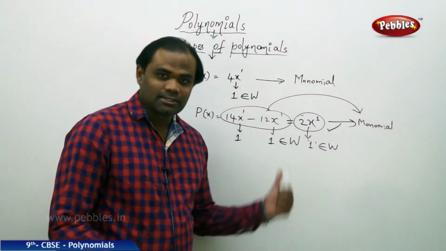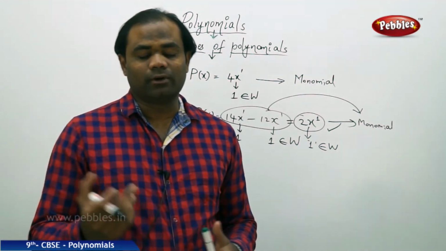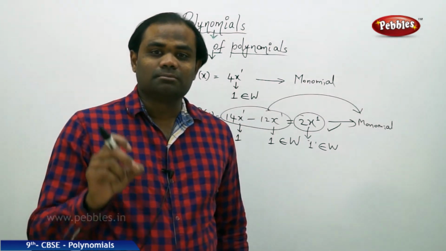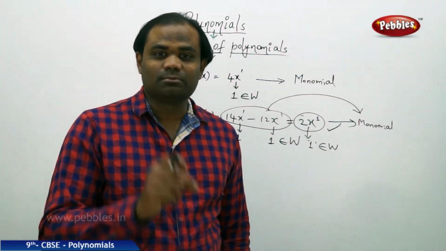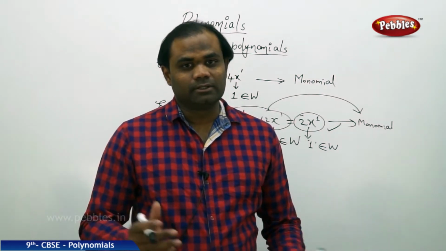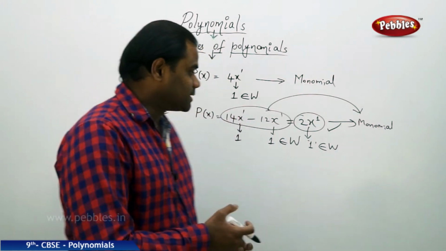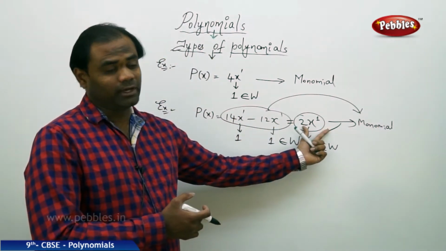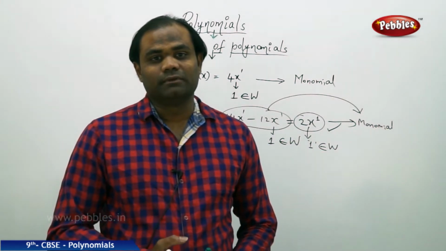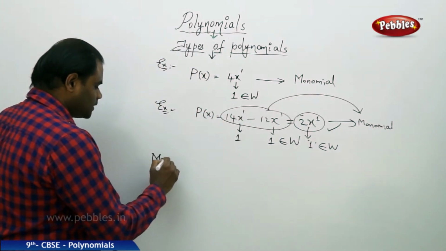So the learning outcome in this example problem is that when we decide whether a polynomial is a monomial or any other polynomial of more than one term, we try to simplify the given polynomial to the most simplified form and then decide on the number of terms in the polynomial. The number of terms decides the definition of that particular polynomial. In this example, it simplifies to 2x, and hence it's a monomial. A monomial is a polynomial which consists of only one term. So here I have the learning outcome which says